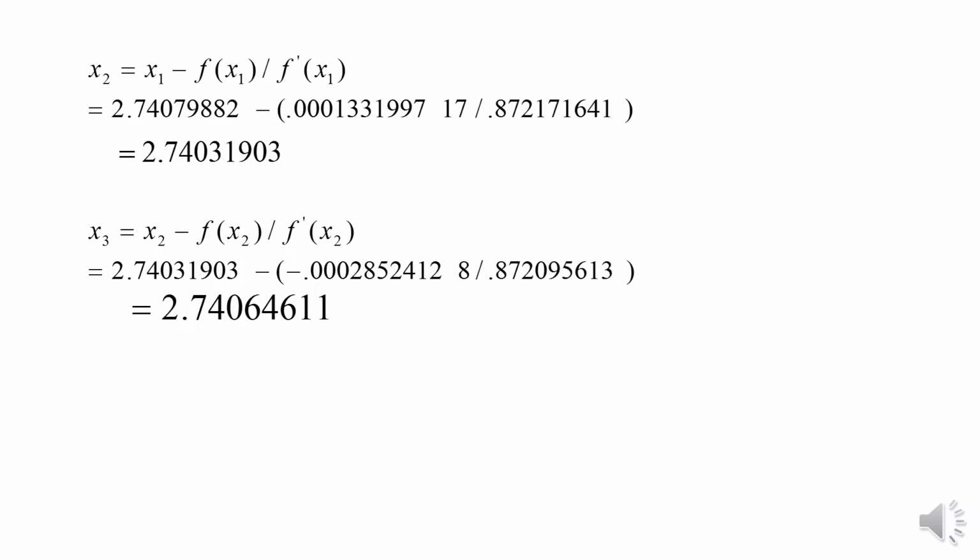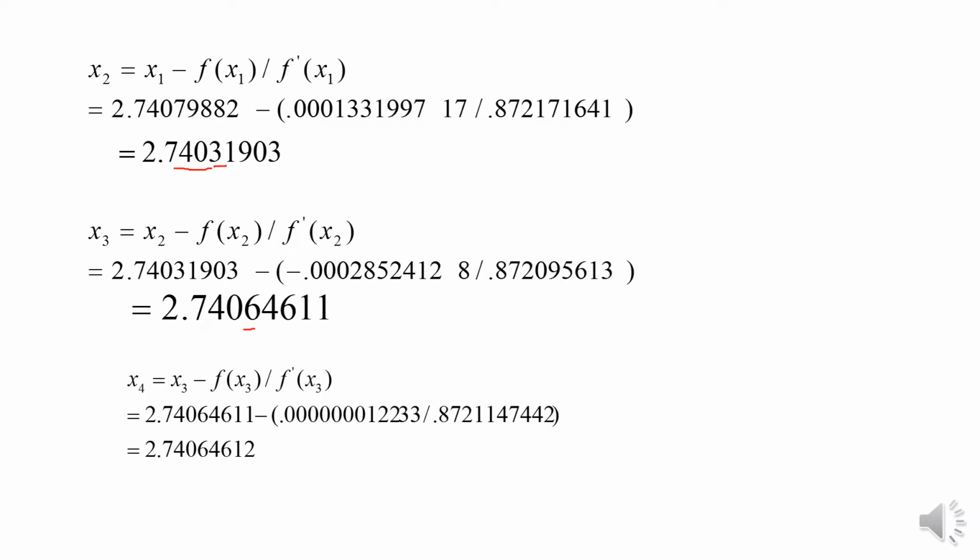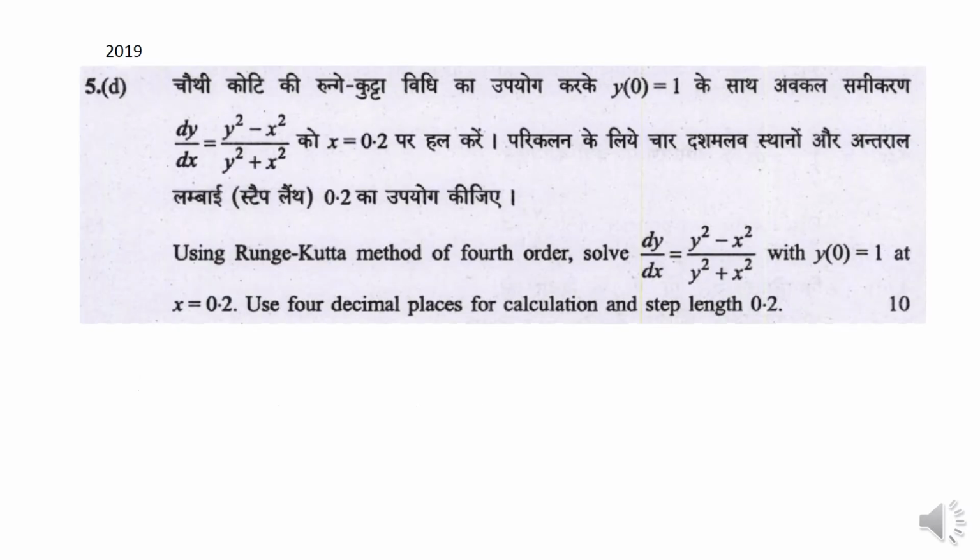And if you see here, this is coming 2.7031. So in the fourth place there is a difference between 740 and this is 3, here 6. So we will do one more iteration and see whether that is the same or not. So here it is coming up to this, it is correct. It means correct up to 3 decimal places, because in the fourth place there is no change, in the fifth there is no change. It means correct up to 3 decimal places. So we can stop here, and the root is 19.5b, and here